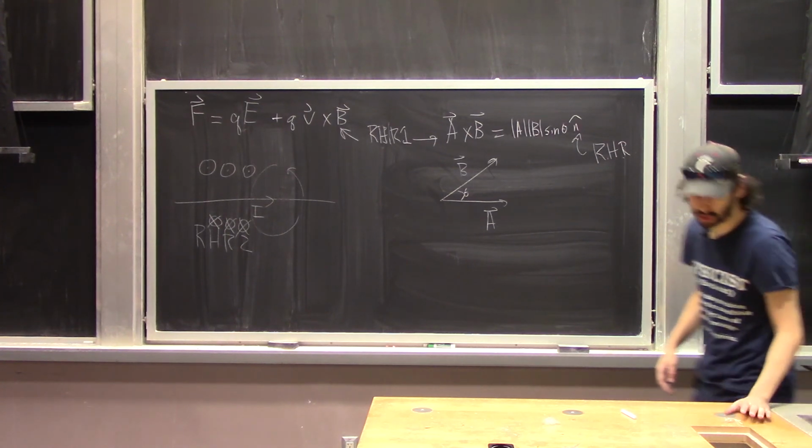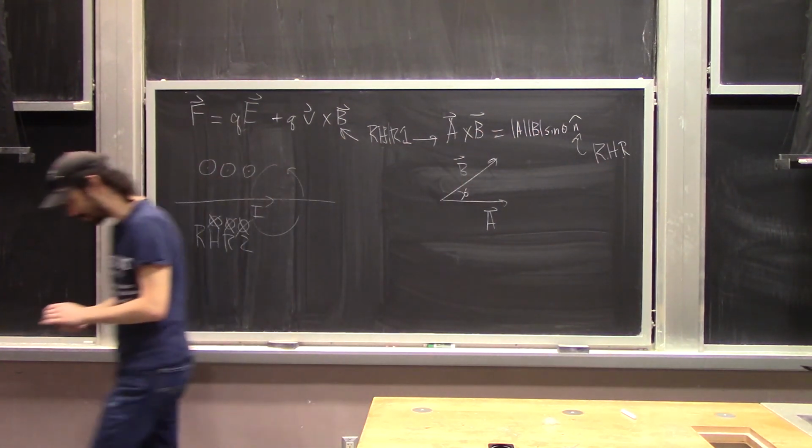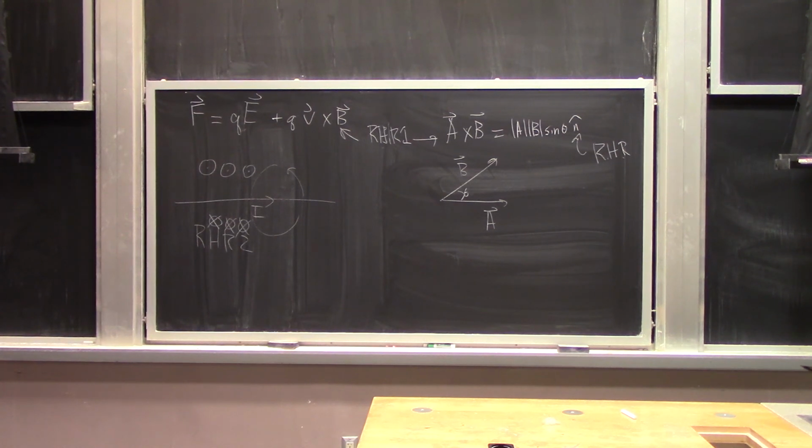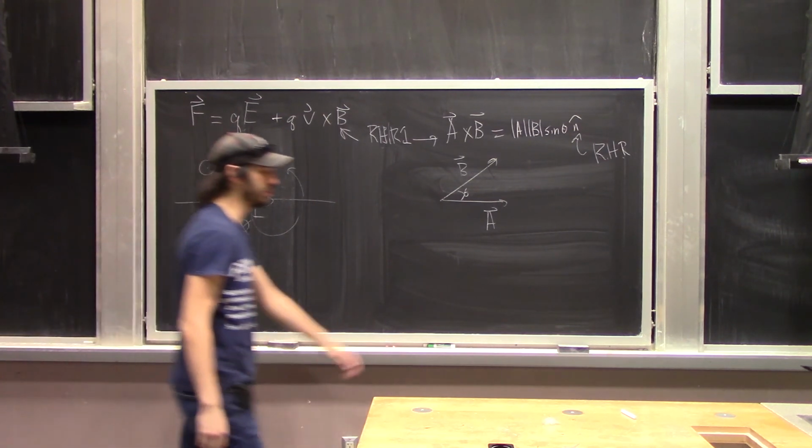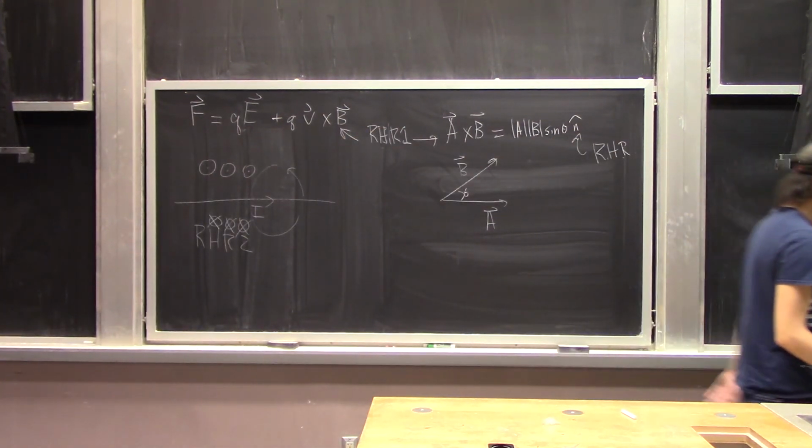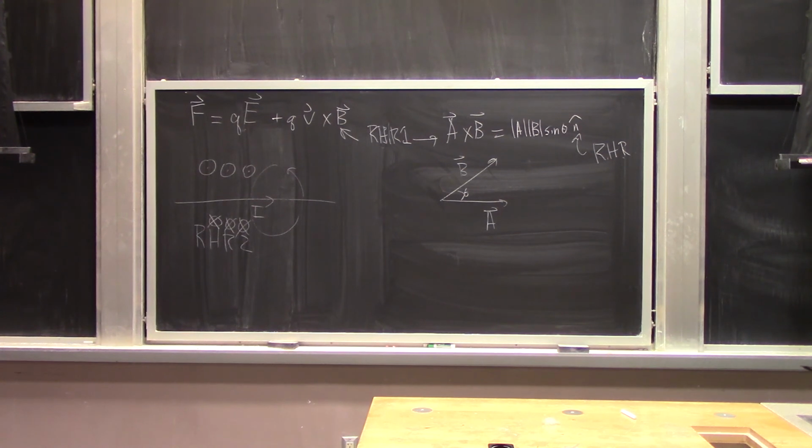Okay, so let's talk about this one. It sounds like a lot of you guys remember these from last week. And so we'll just go through this one kind of quickly. So this one says that we have some magnetic field that's going to be pointing into the page. We have some force that's going to be pointing to the right. And so